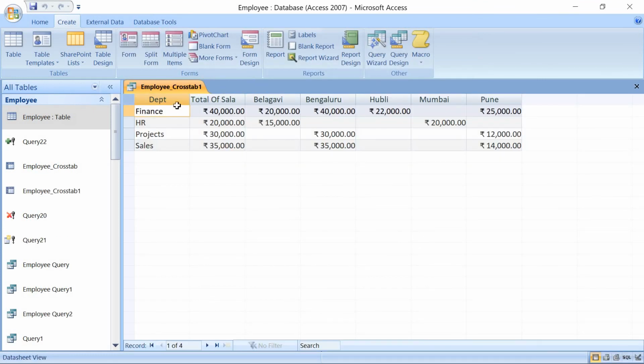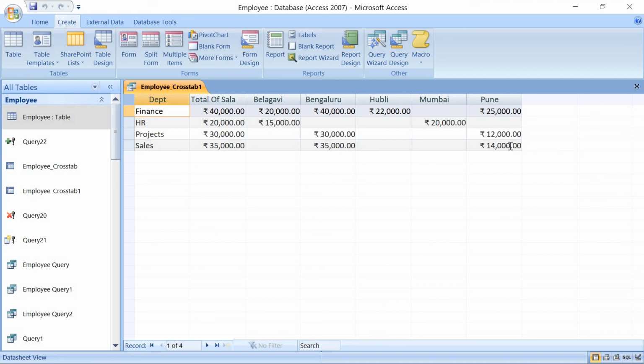So all can see here, department finance, HR, project, sales. We can see here 4 people are from the finance department, Belagavi, Bengaluru, Hubli and Pune. HR 2 people, Belagavi and Mumbai. Projects, Bengaluru and Pune.